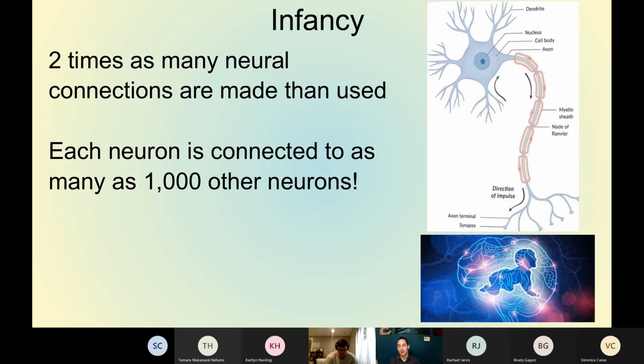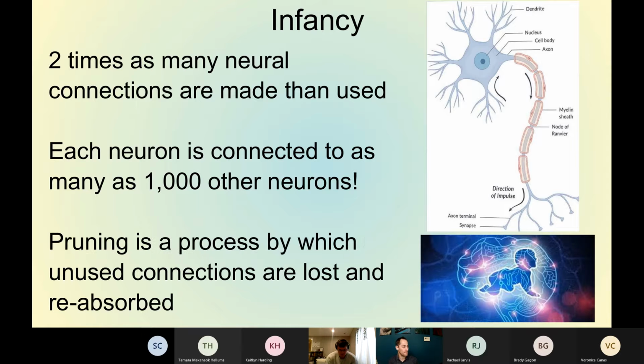So any single neuron, I know our examples in class so far have been like one or two neurons talking to a single neuron, and it's talking to one or two other neurons. But in reality, any neuron could be connected to 1,000 neurons. So 400 that it might be sending messages to, 600 that it's getting messages from, and each of those other neurons is connected to that many other neurons. So that's how neural networks are made, and a lot of things with our sensation, perception, memory, cognition is dependent